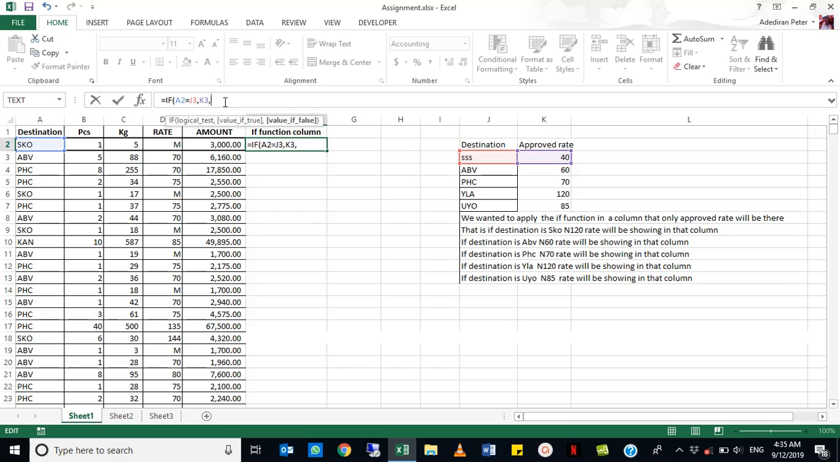Let's continue. If this is, we are nesting this IF now. If this ABV equals this ABV, then what do we want to see there? We want to see this value, comma,